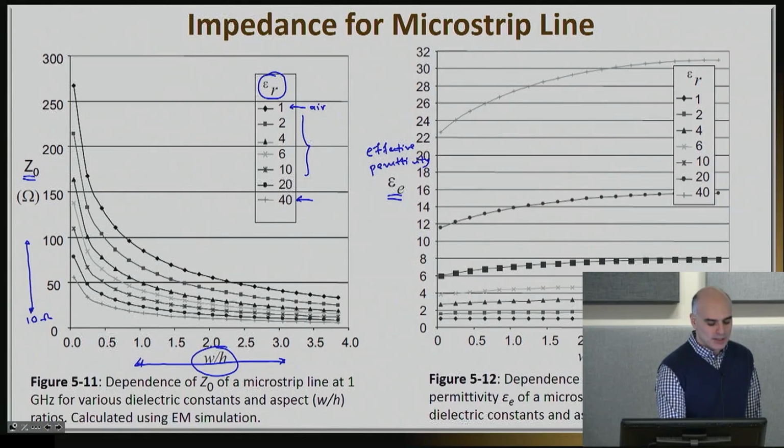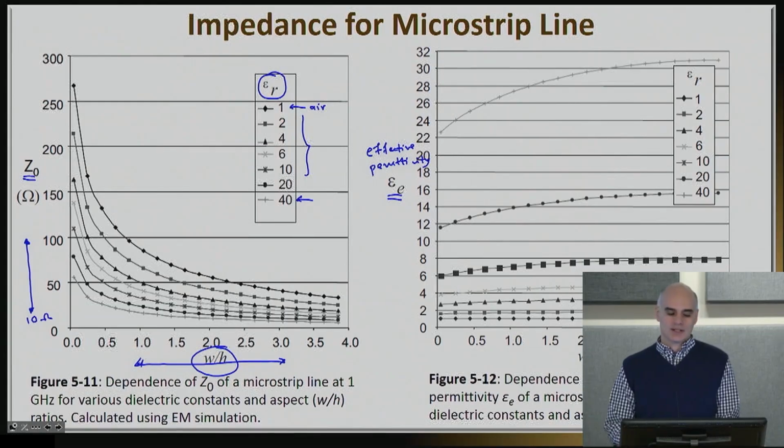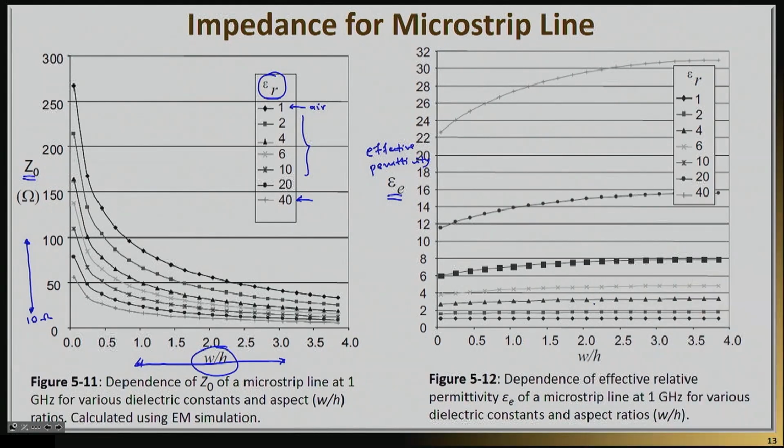So the first take-home lesson that I'd like you to know is that even though in theory you can design your transmission line in any length, any width, any thickness, and this is true for any transmission line, so even though in theory you can get any impedance you like, in real life impedances are going to vary typically in that range. Now you can push it to maybe get a transmission line with an impedance of 150 ohms,